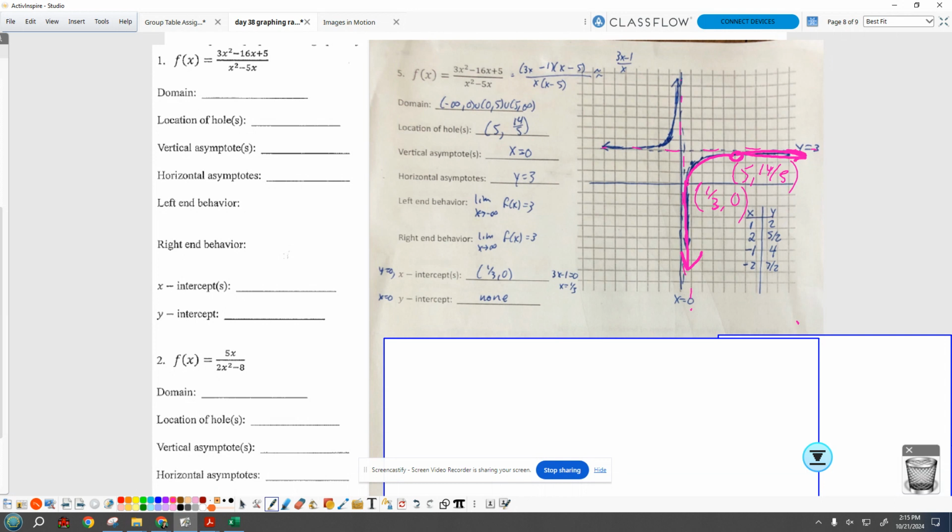Yes, Sanjay? How accurately do you have to graph? I need at least 2 coordinates on each side of the asymptote. Okay? And right now, I don't have any coordinates on the other side. So that's what this is for. Pick some x values over there, a number on this side of the asymptote. Zara, what is an x value on this side of my vertical asymptote?